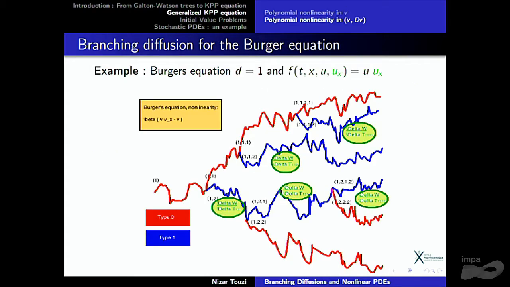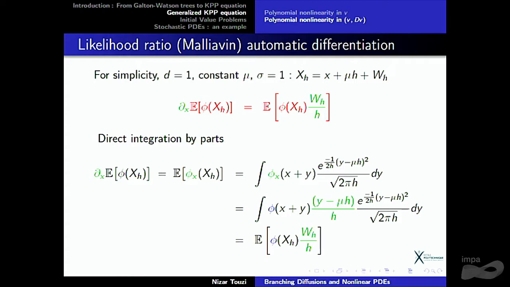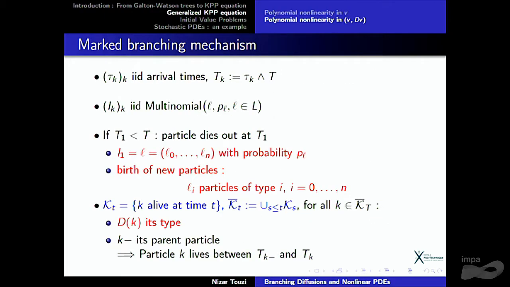Okay, so we end up with a similar tree as the one before: diffusion, branching time, and then two descendants. Here I'm taking the Burgers equation v dv, two descendants at each point in time, one descendant of type 0, one descendant of type 1. I'm using the colors, and then each descendant has an independent life, and the type 1 descendant is the guy who gets differentiated. He gets a weight delta W divided by delta t. So it's exactly the same type of representation, except that whenever you have a derivative, you have to multiply by this weight. So because of that, we end up with a